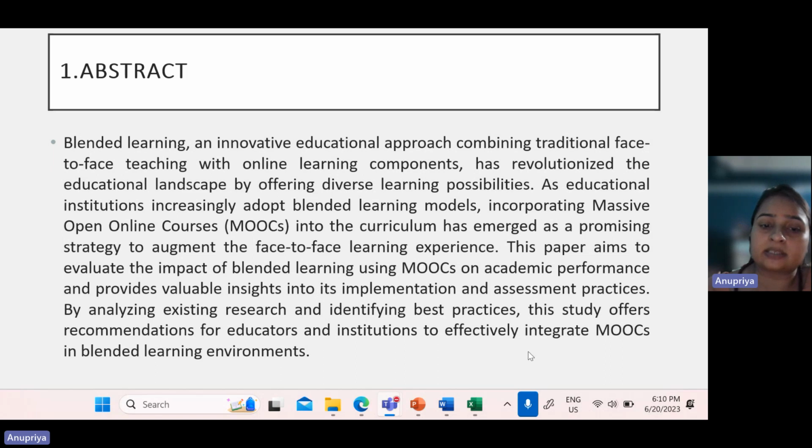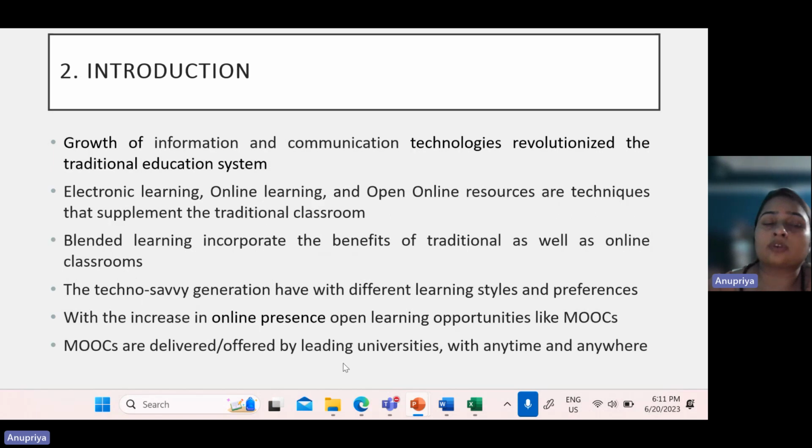By analyzing the existing research and identifying best practices, this study offers recommendations for educators and institutions to effectively integrate MOOCs in blended learning environments. So this is all about my abstract. So let's start with the introduction. If we talk about the introduction, then we'll start with the